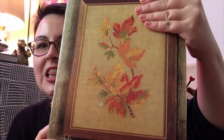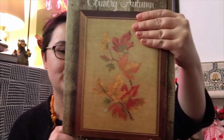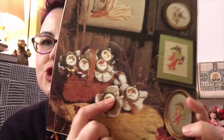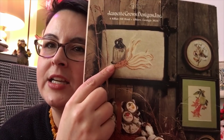I really loved the autumn leaves, and this is Country Autumn by Jeanette Cruz Designs. And she also has the jam and jelly jar lids. I really liked the corn on here and the flowers, and she's got the cotton. But again, I really liked the autumn leaves, so I picked that up. I got,